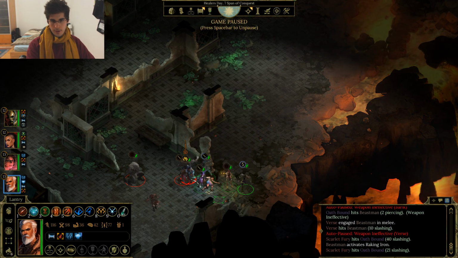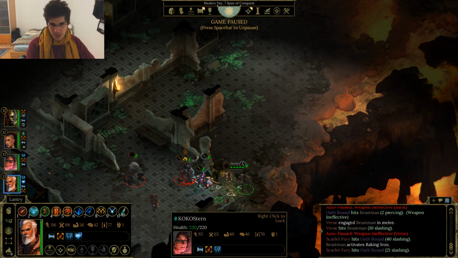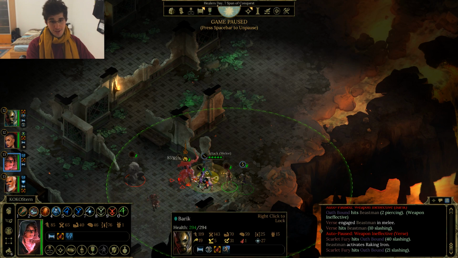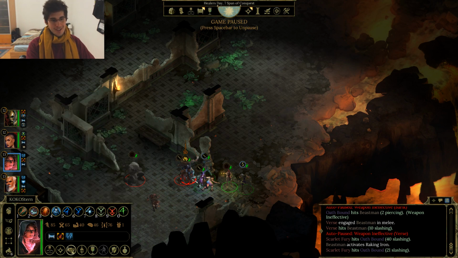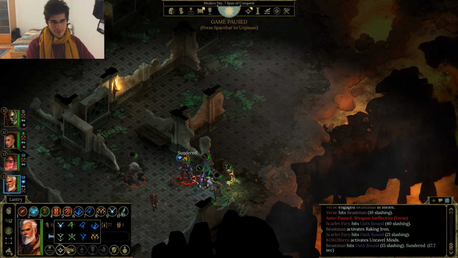We have company. Who is that? An Oathbound. Oh, okay, an Oathbound that's injured. They're pretty much inside each other, so it's kind of difficult to see what the hell's going on. This Beastman does not care about nothing. She's still just standing there. I don't know, like she's completely stuck or what's going on, but...